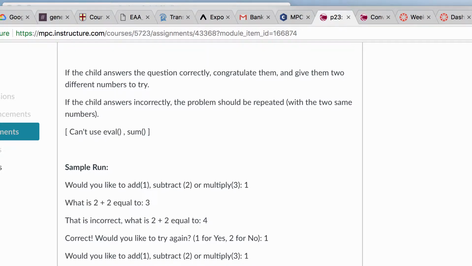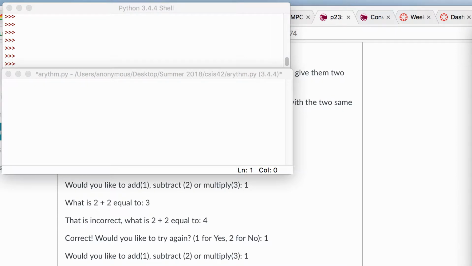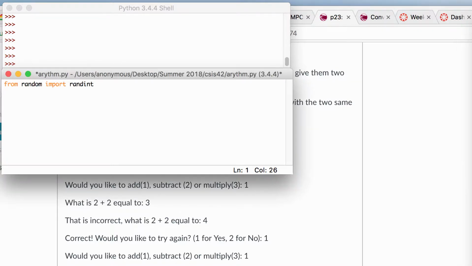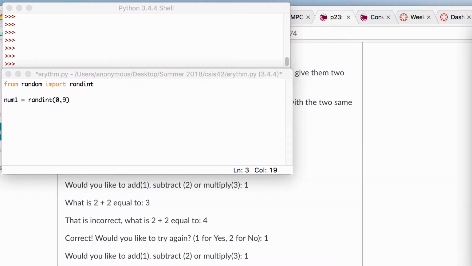So how are we going to do this? Well, the first thing that we need to do is generate two random numbers. So the first step is we're going to import randint. And the second step is we're going to generate a random number, right? My first random number, and then my second random number. Okay. After I have generated my two random numbers,